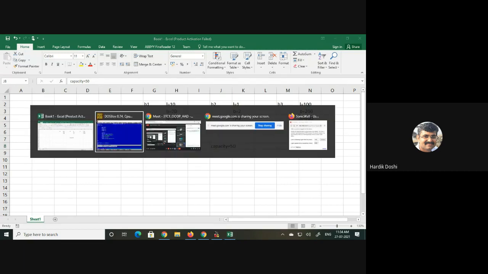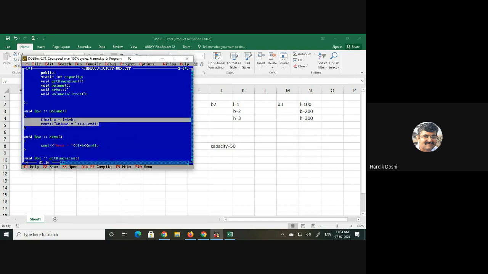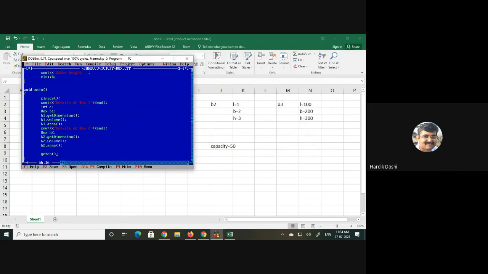So sir, in that case, can I write something like B1 dot capacity equals to 50? Can I write like this? Why no?